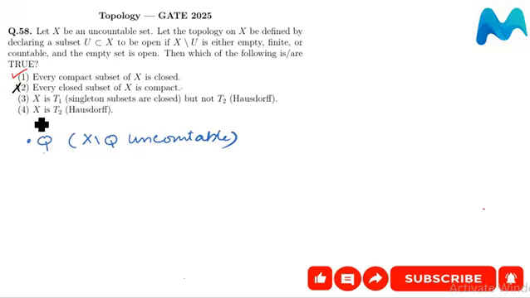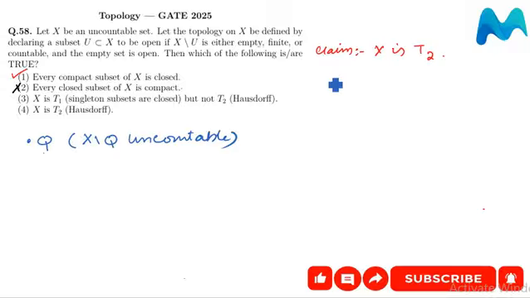X is T1, and is X T2? For T2, I will prove it and then you will assume it for the rest. So claim: X is T2. That means it is a Hausdorff space.